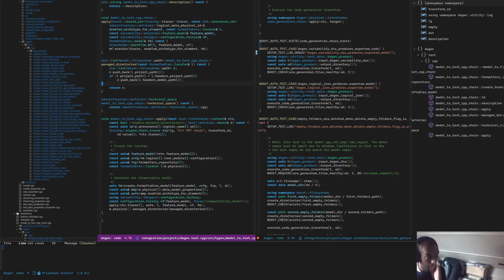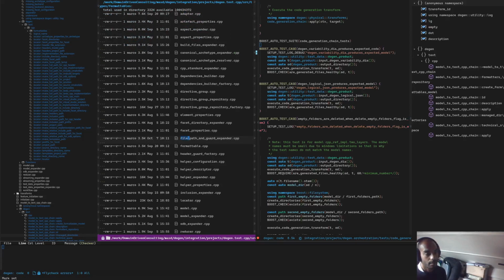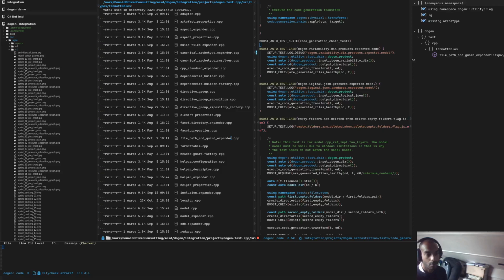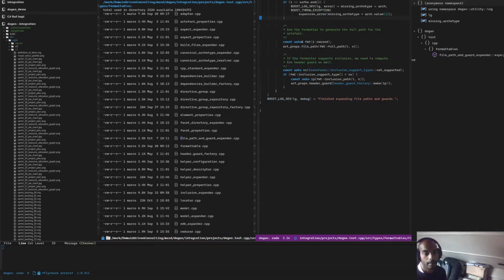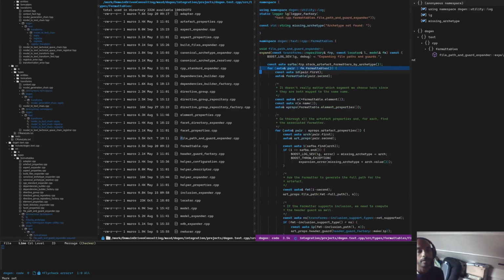So I think what's happening at the moment is somehow in the Formatables workflow, this is the thing we're interested in. Sadly, we never seem to open the buffers where we want them. Let's go here to the file and path generator. This is a very simple piece of code. It doesn't do anything special, but what it does do is loop through the entire Formatables model. So there is no reason for us to expect some paths to be filled in and some not, because as you can see here, we're saying, give me the Formatables model, and then